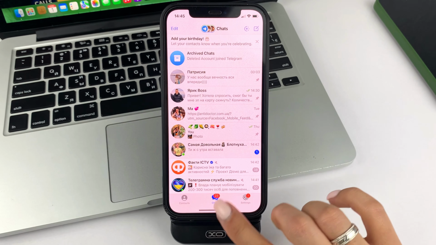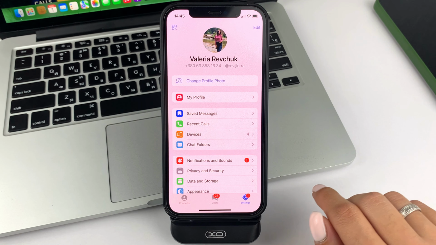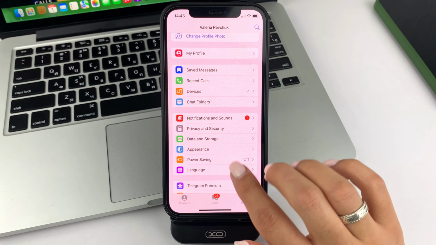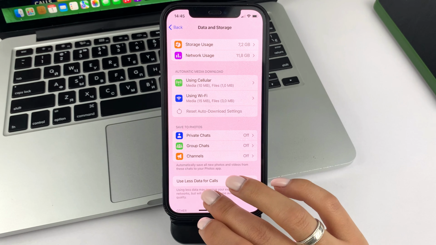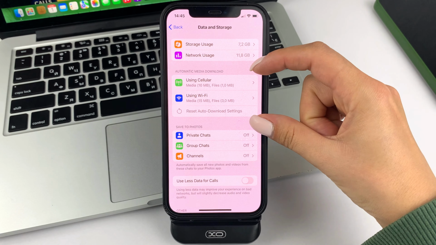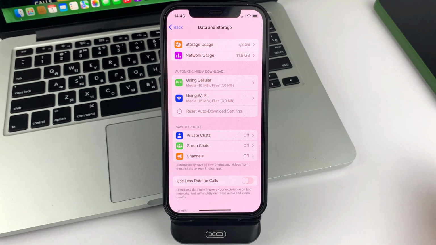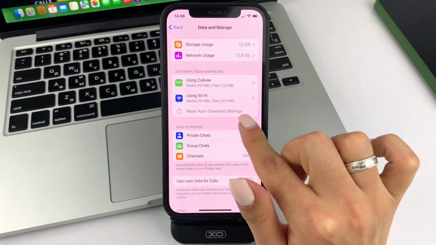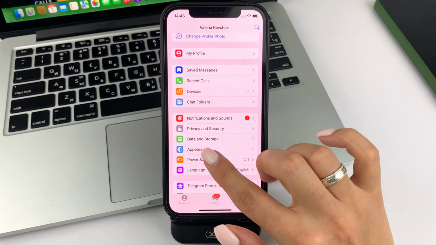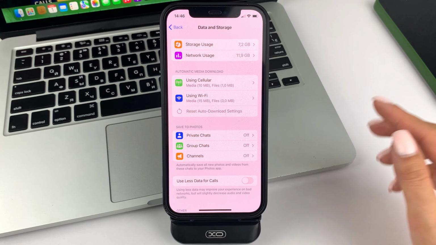So, open Telegram, go to Settings at the bottom, and then select Data and Storage. Then you need to find this option, Auto Save Media, and then at the bottom you need to find this option, Reset Auto Save Settings.